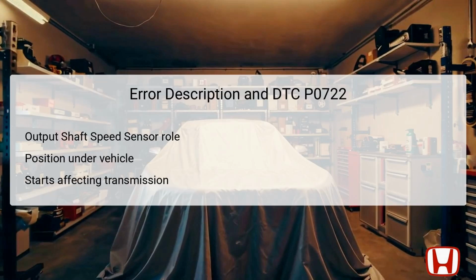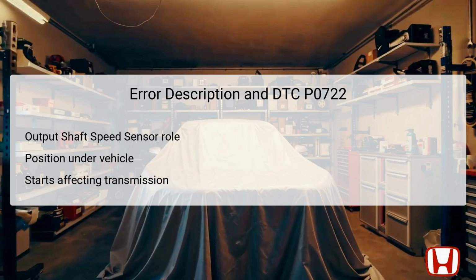The DTC P0722 indicates a malfunction with the output shaft countershaft speed sensor, which is responsible for sending rotational speed data of the output shaft to the Powertrain Control Module, PCM. The sensor is located within the transmission assembly, typically on the transmission housing, making it crucial for monitoring vehicle speed. The role of this sensor is pivotal for ensuring that the electronic control unit accurately determines shift points and performance